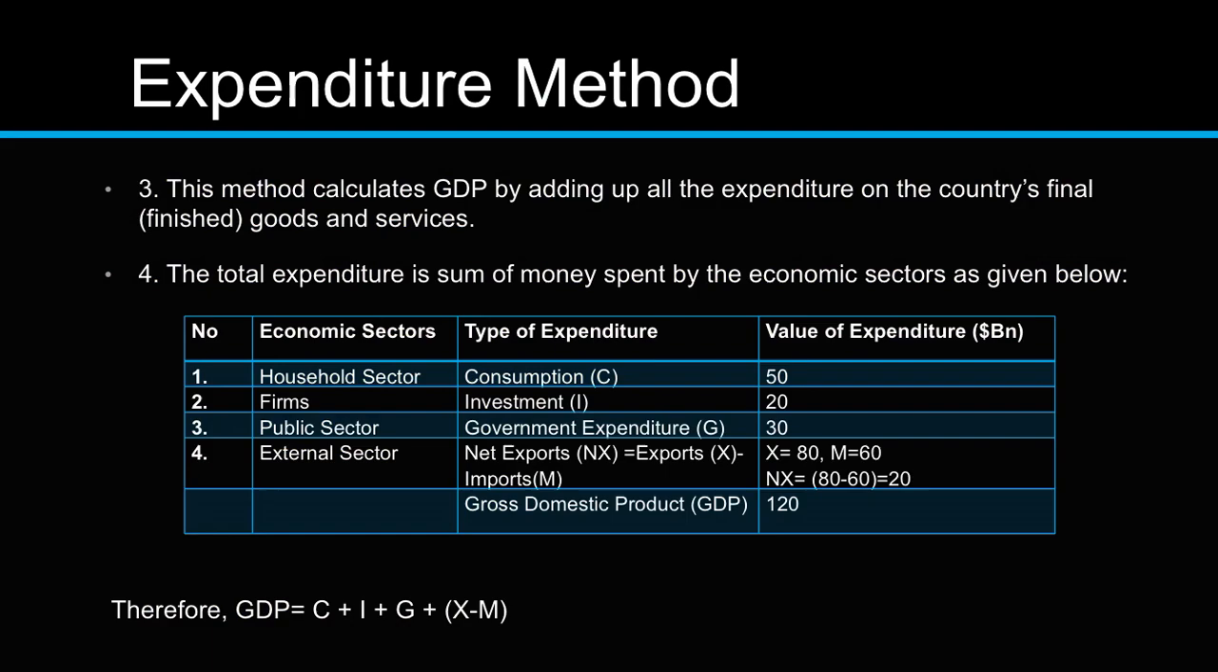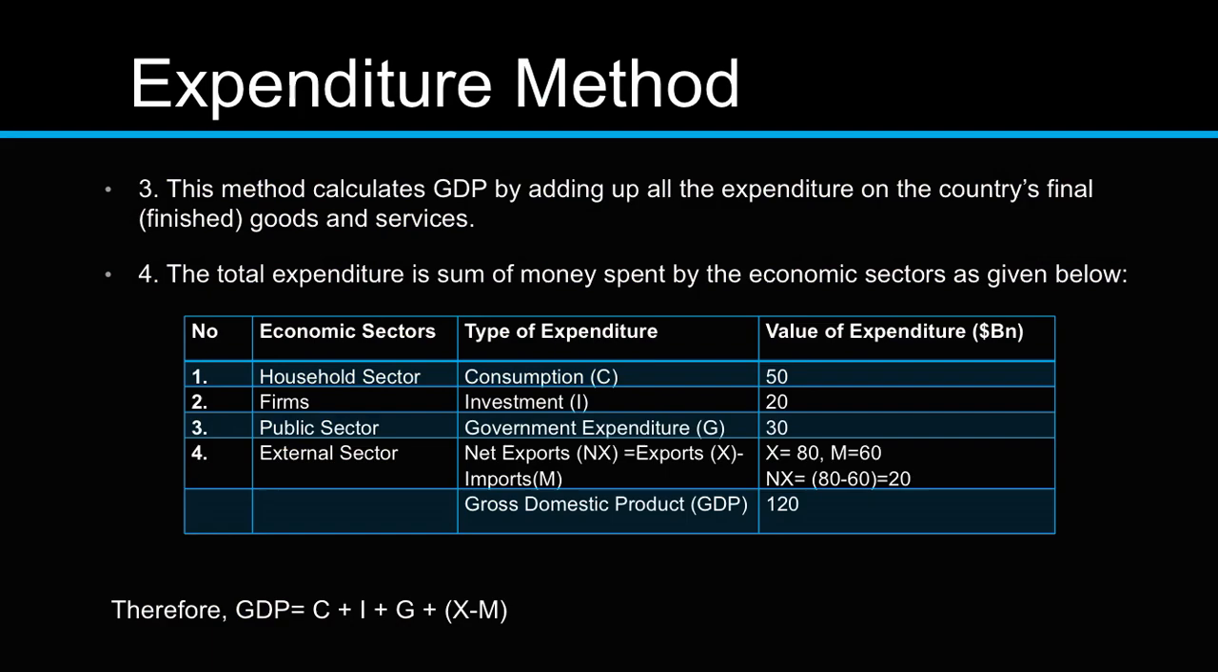For example, the household sector is involved in consumption. Consumers are involved in consumption. Private sector or firms are involved in what? Business expenditure or investment. Government or public sector involved in what? Government expenditure. External sector is what? Net exports, where export revenue minus import expenditure. So by taking the sum of all of these, which are the consumption, investment, government expenditure and net exports, we